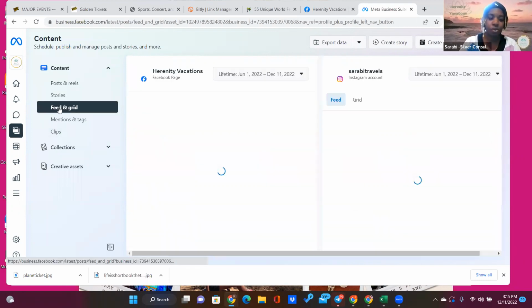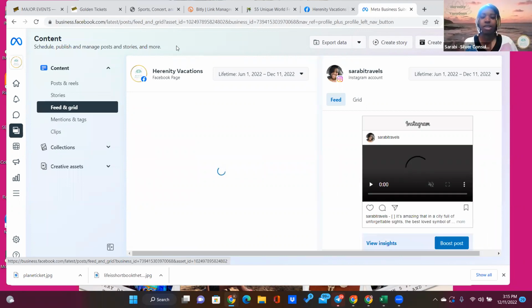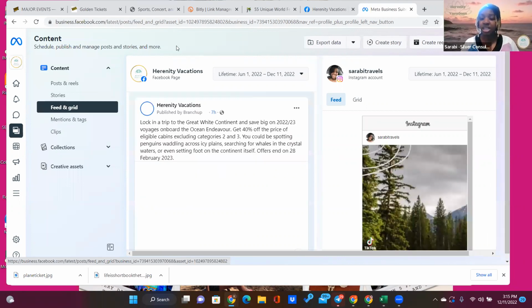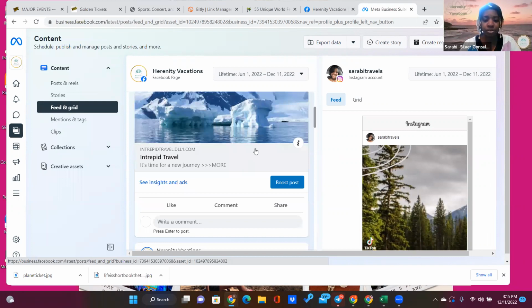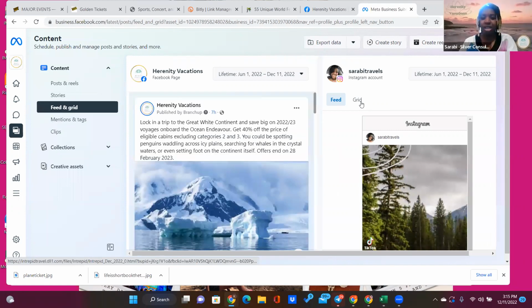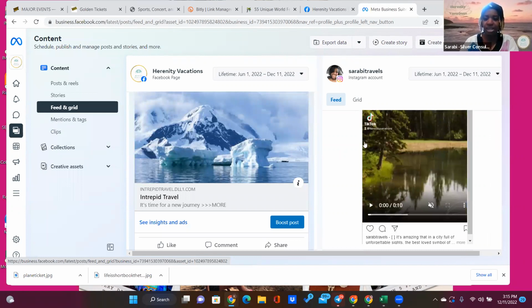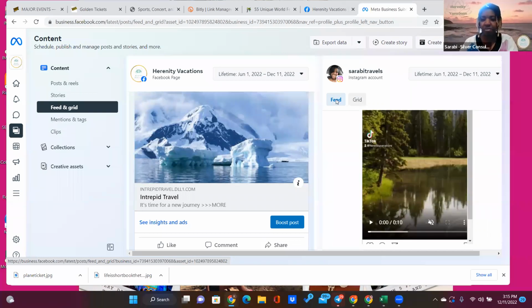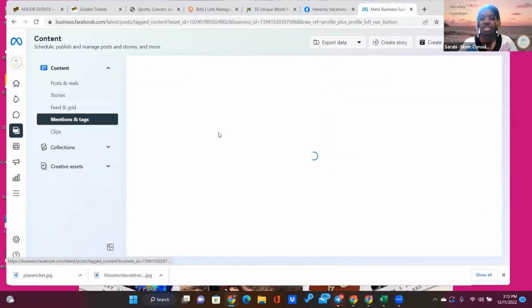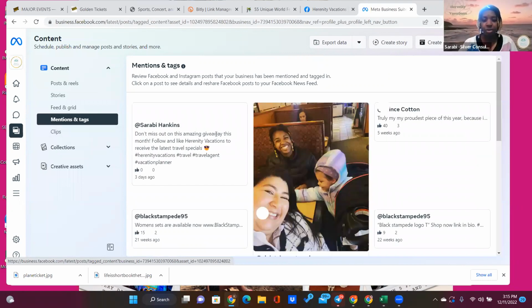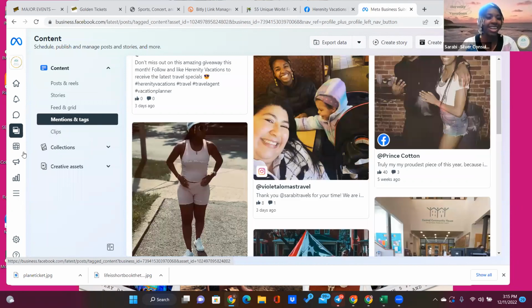Now, feed and grid refer to what your actual pages look like at a given moment. So right now, if I go on my Facebook page, this is what is going to be on there. The first thing is a Branch Up post, which normally it is. And then Instagram is my past reel that I posted. Grid is just going to give you an overall idea of everything that you posted on there. And then if you have any mentions and tags, so if someone tags Serenity Vacations or at Sarabi Travels or something, it's going to show up here. Ignore my